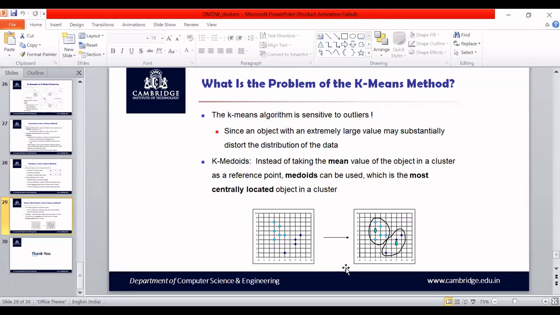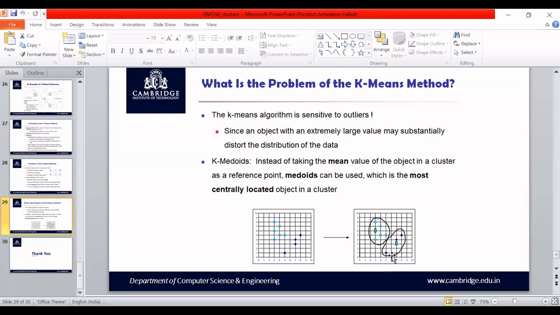So what is the problem in k-means? For example, if this is my data set and I have applied the k-means algorithm to it, in this case, if you see, the two clusters are overlapping or meeting at a point here. This has happened purely because of the outlier. Because the object is extreme with a large substantial value, there can be some distortion. In this case, you are not able to clearly group them into different clusters. So this is one of the disadvantages of the k-means algorithm.